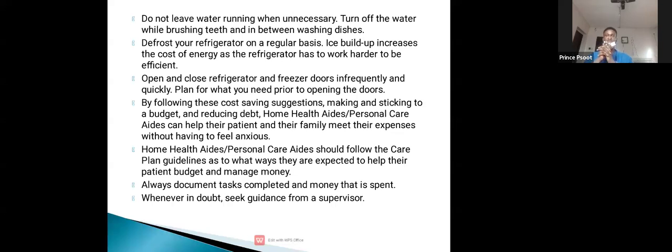Then by following the cost saving suggestions, making and sticking to a budget, and also reducing debt, home health aides or personal care aides can help their patients and their family to meet their expenses without having to feel anxious. Then the home health aide or personal care aide should follow the care plan guidelines as to what ways they are expected to help their patients to budget and manage their money. Always document tasks completed and money that is spent. And whenever you're in doubt, seek guidance from